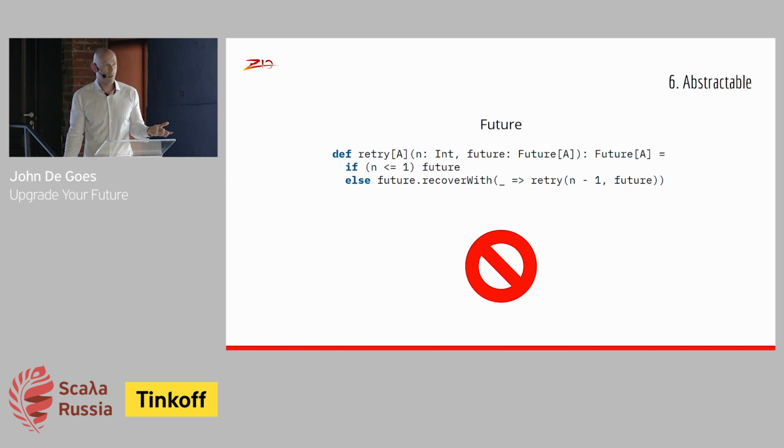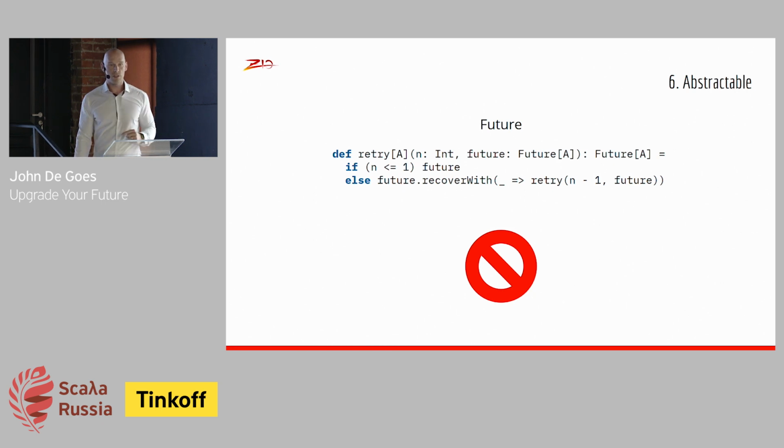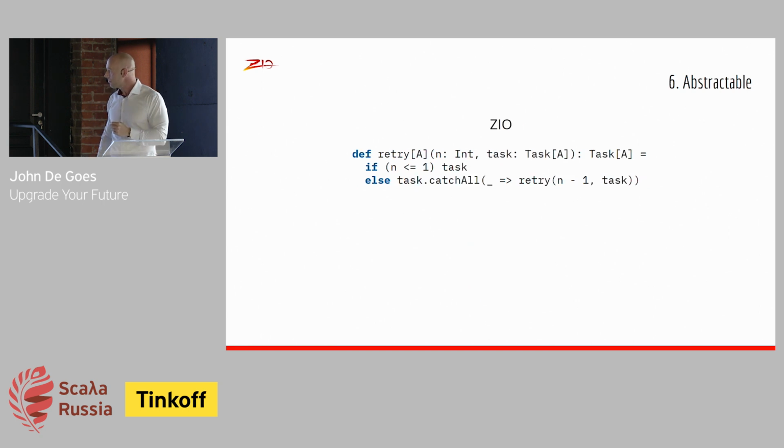We might want to do this to eliminate duplication. So we do this, and suddenly we discover this code doesn't do what we thought it would do. And the reason for that, again, is Future is not sufficiently lazy. This code won't retry anything. And that's because futures are already running computations. They have no available mechanism to restart. Do the same thing with ZIO, and it works out of the box.